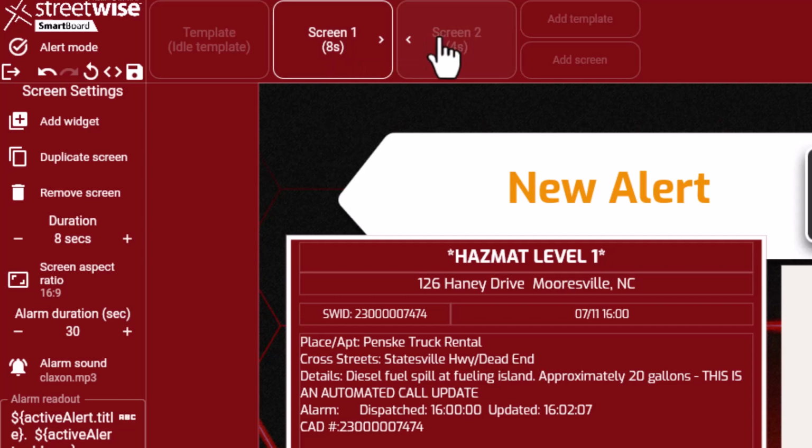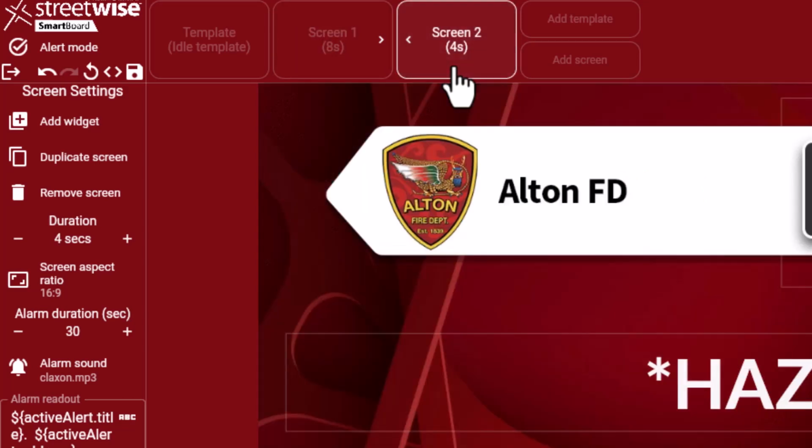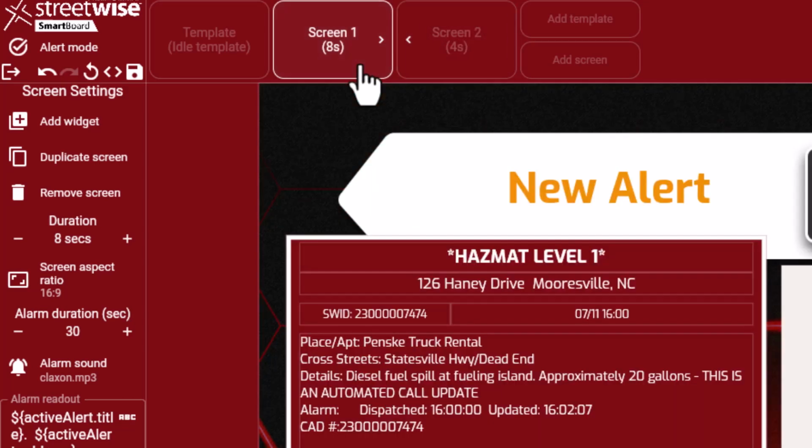I've got two screens that I've been working on here for this, and we're going to go over a little bit how those were designed. They will automatically activate and rotate back and forth between these two screens. Screen number 1 will display for 8 seconds, screen number 2 will display for 4 seconds, and then it'll go back to screen number 1 and continue to do that for the duration of the amount of time I have